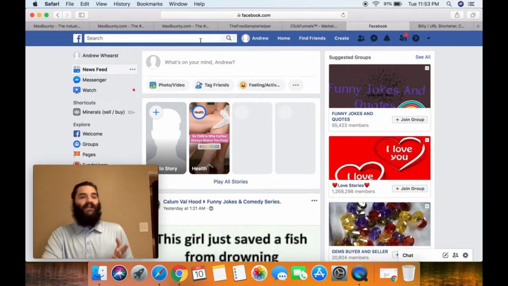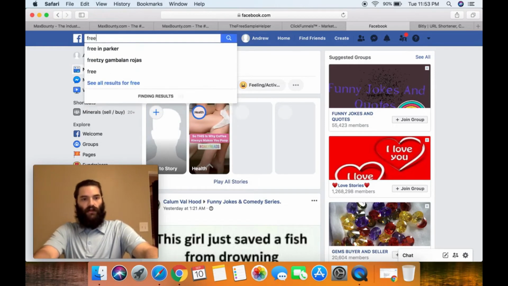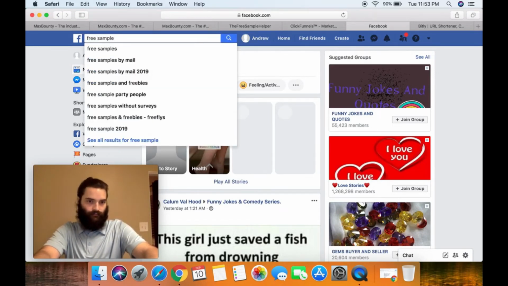So you're going to want to check Facebook for relevant pages, relevant groups, for things that have to do with free samples, maybe free products, free advertising, anything that you can think of that would be related to this, that you think your link would bring value to them and they would want to take advantage of. You're going to want to join a group, or you're going to want to share it to them. So for example, this is for free samples. So I'm going to search free samples,